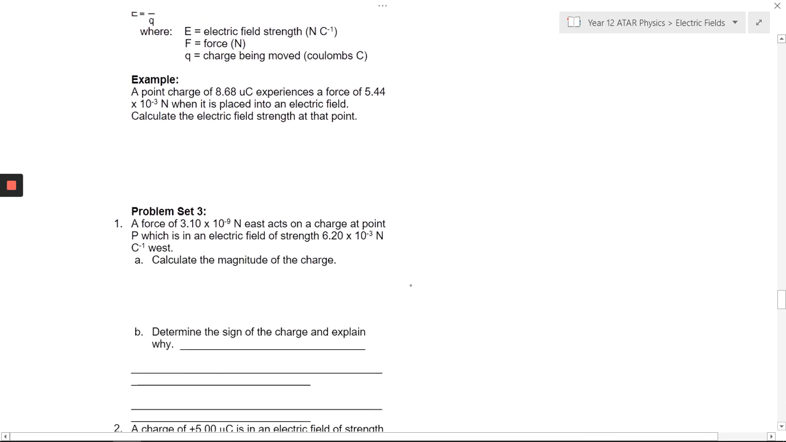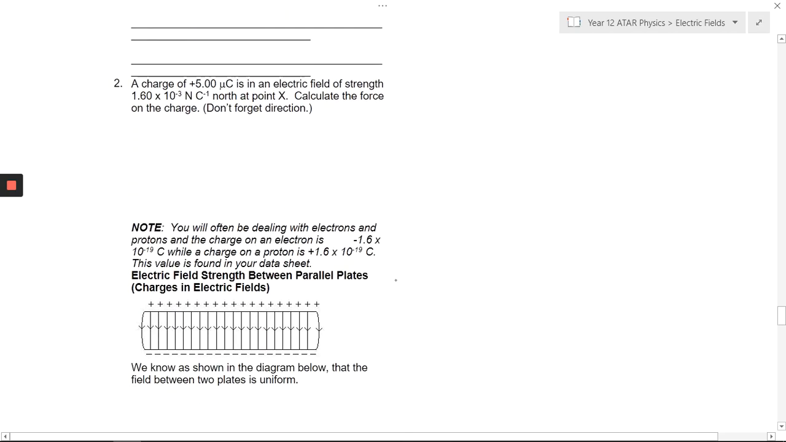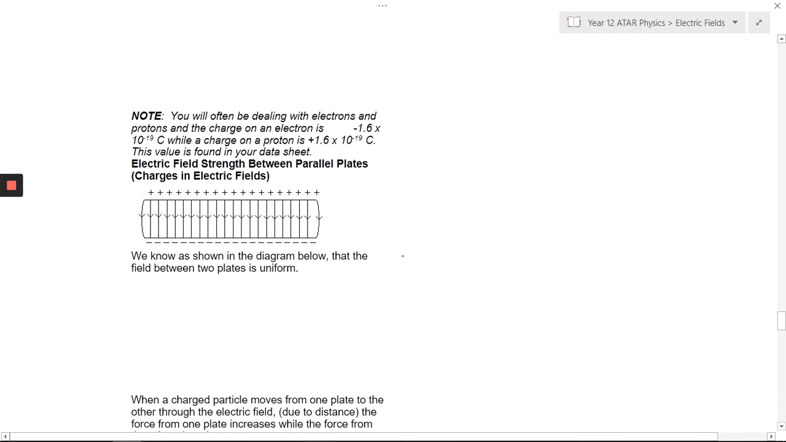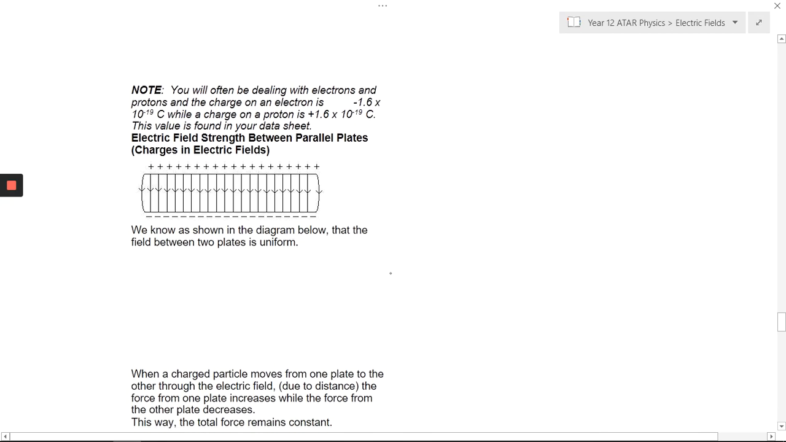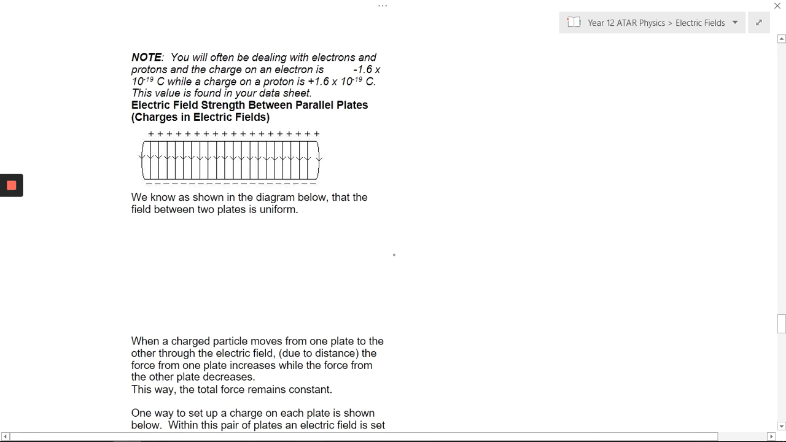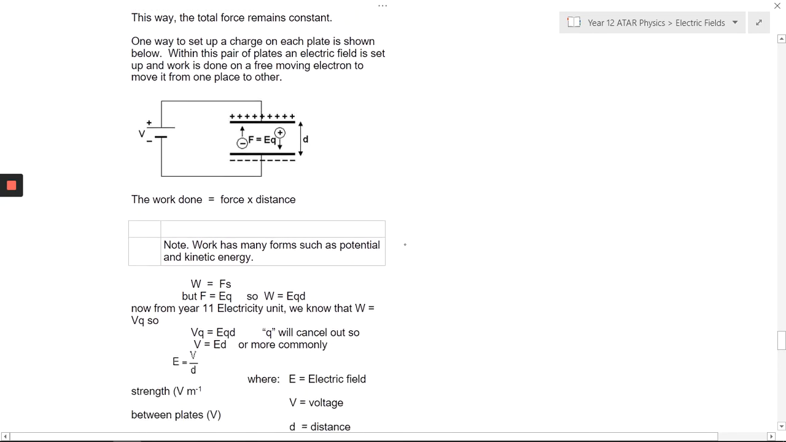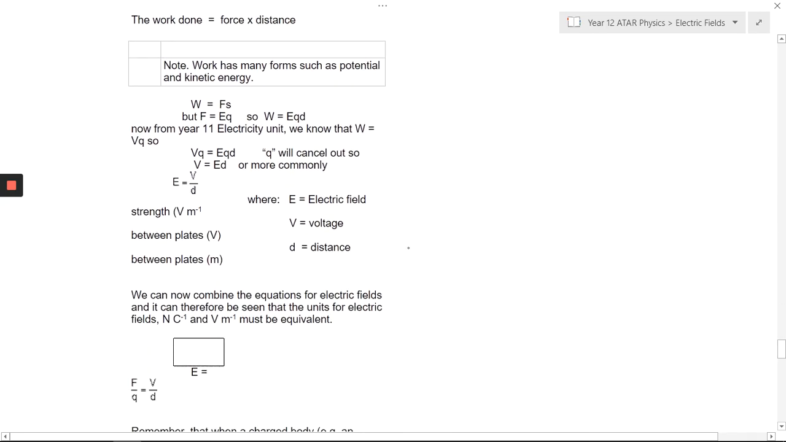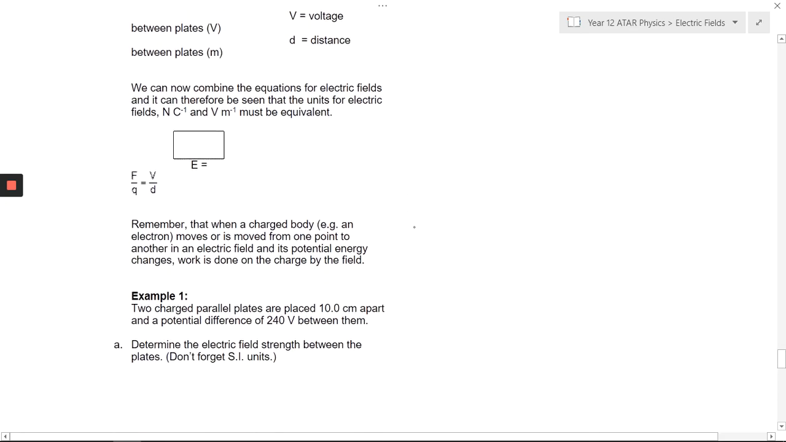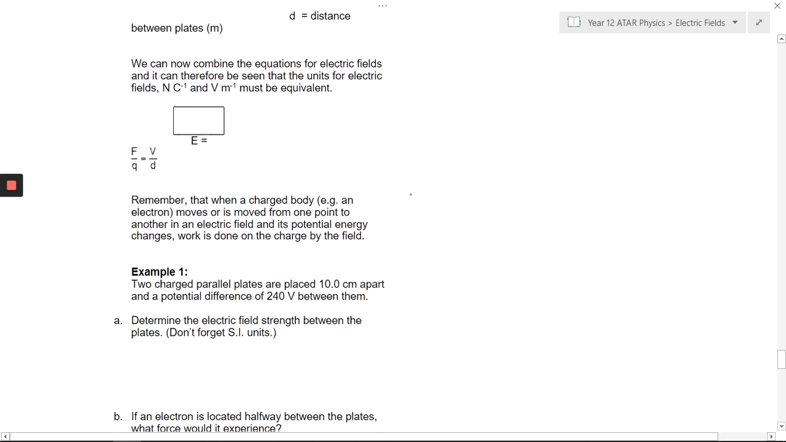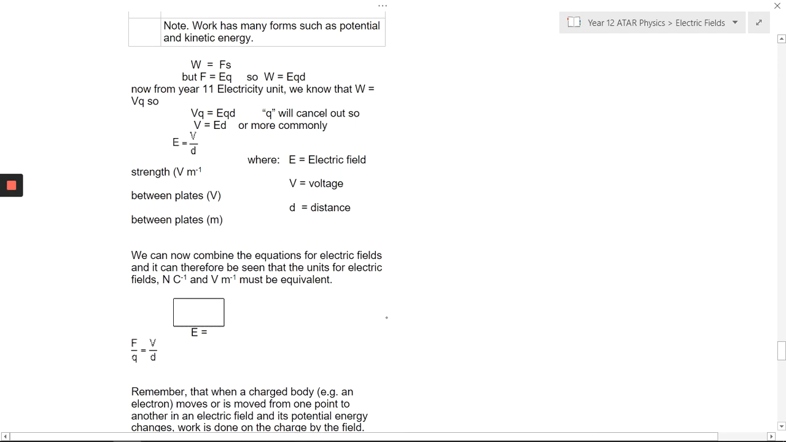All right, so I'm actually going to scroll right down to this section here. Okay, and we'll do an example. And really quickly,